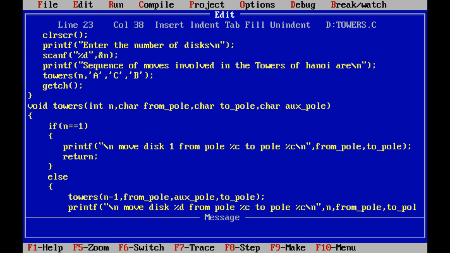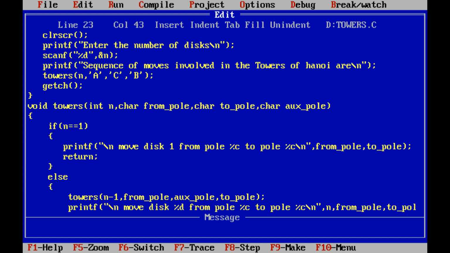In this recursive statement, the source pole is A, the destination pole is the auxiliary pole, that is B, and the to pole is pole C. By using pole C as the intermediate pole, we have to move n minus 1 disks from pole A to pole B.